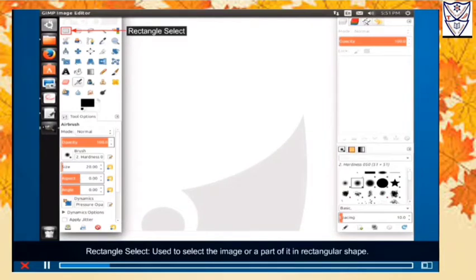Rectangle select. Used to select the image or a part of it in rectangular shape. Ellipse select. Used to select the image or part of it in elliptical shape. Free select. Used to select an object by drawing freehand border around it.